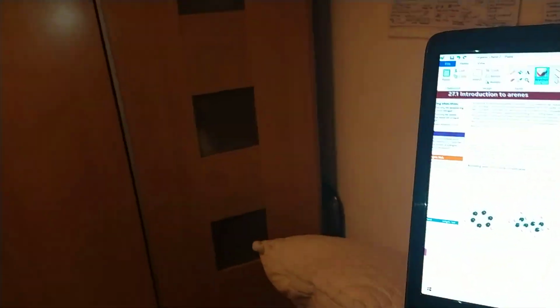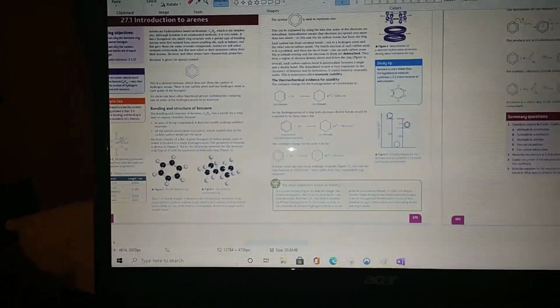Now, quickly, I'll be moving on to the aromatic chemistry part. Basically, in aromatic chemistry, we're talking about arenes and the natures of the particular arenes. And in the arenes, we will be talking about the Kekulé structure of the benzene